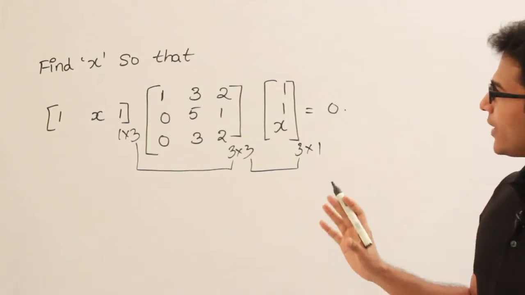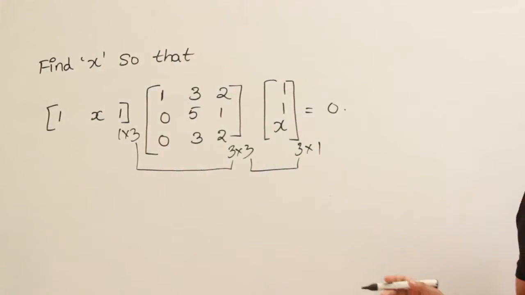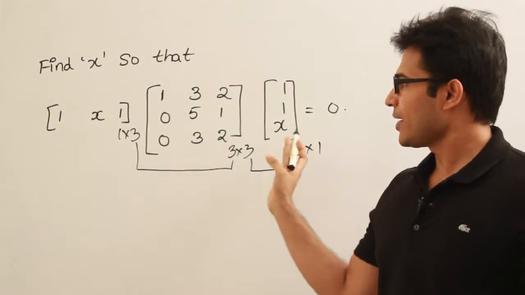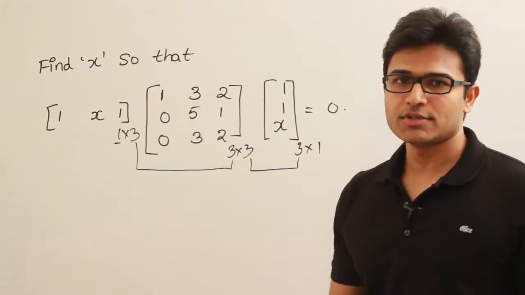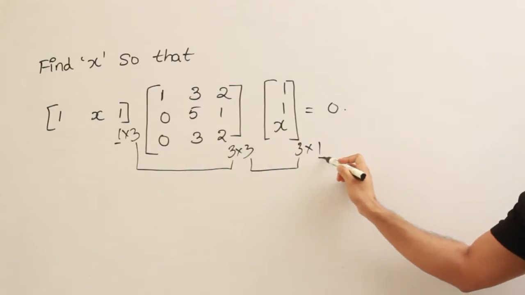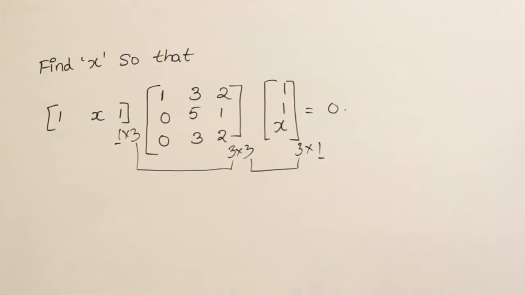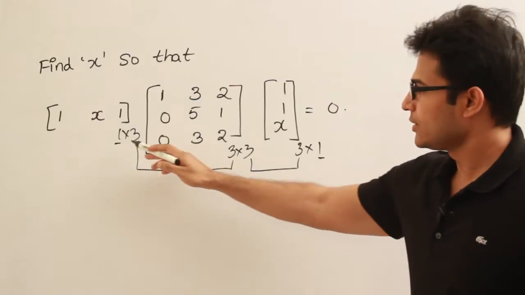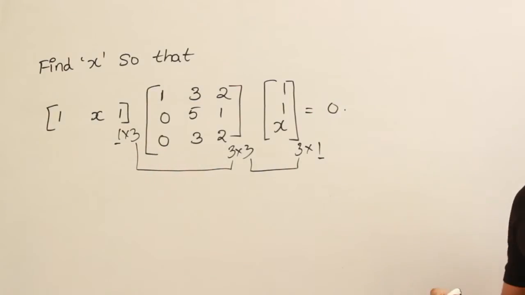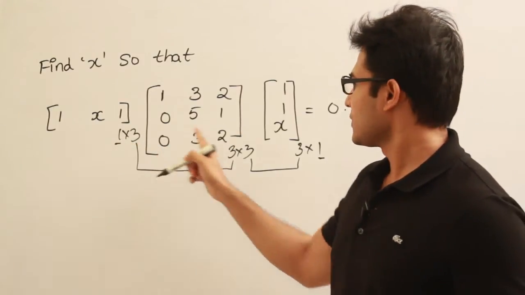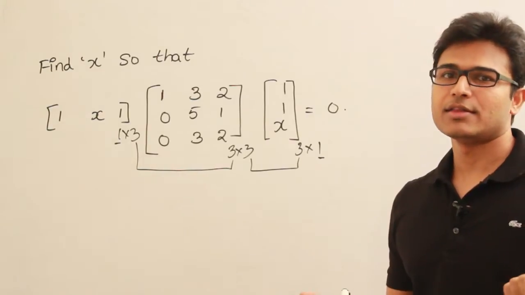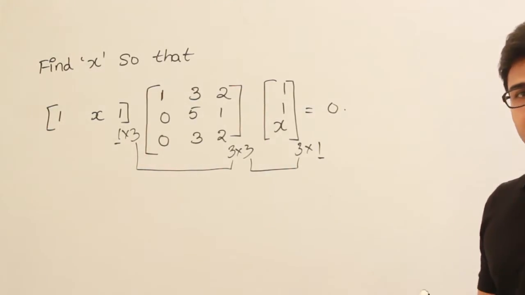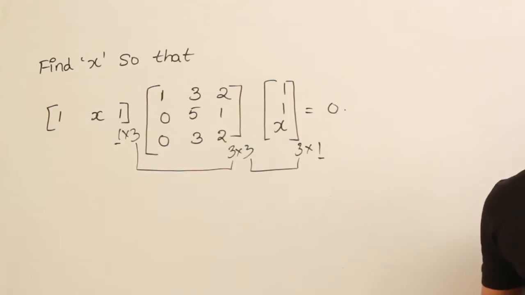Now what will be the final size of the matrix when we multiply it? See, when all the chain of matrices are conformable, you take the first matrix and find out the number of rows, and you take the last matrix and find out the number of columns. The resulting matrix is going to have that dimension. So here the dimension is 1 and 1, therefore the dimension of the resulting matrix should be 1 by 1, right? So here we are supposed to get a 1 by 1 matrix. A 1 by 1 matrix means a matrix which contains a single element, and then we have to take that element and equate it to 0. That is how we should solve it, right?